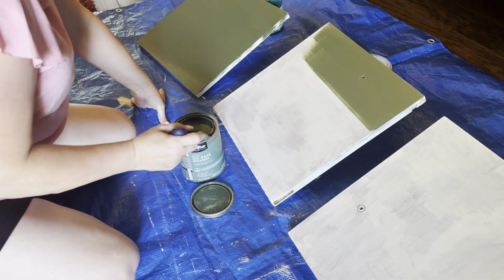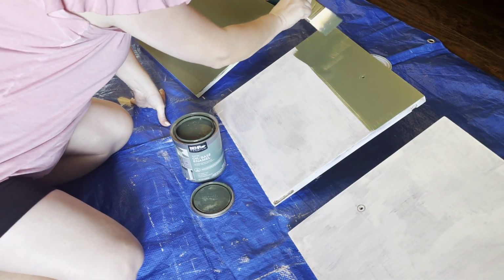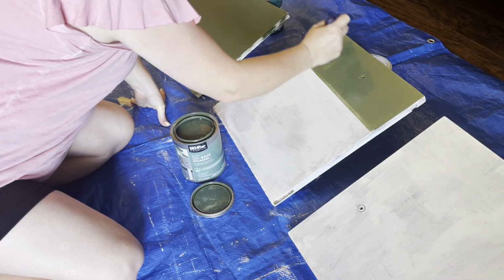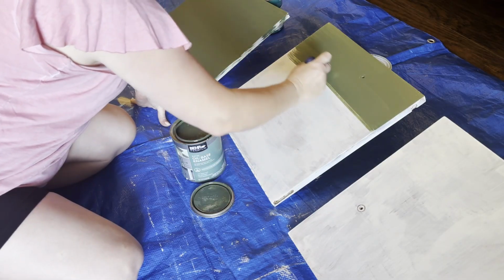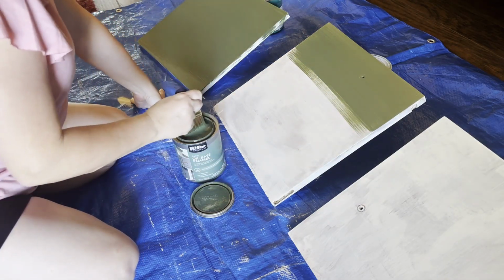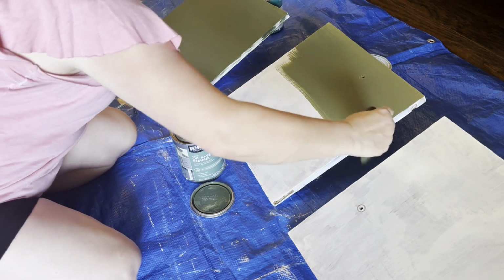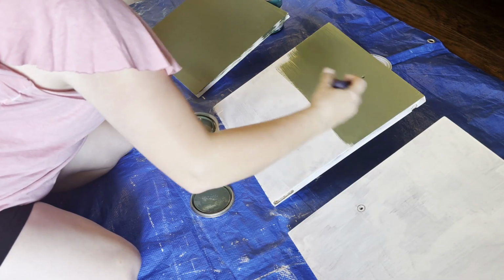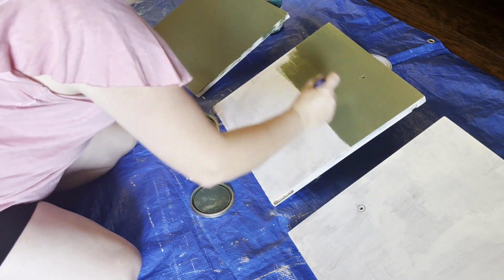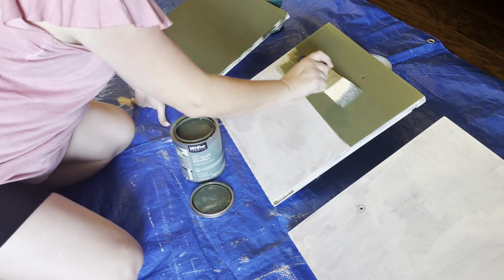This is not something you want to rush, because it will not turn out well. So if you're in a hurry, just don't sit down to do the project at that moment. Do it when you have some time, in order to be able to go back and re-stroke through the areas, because that is when you're going to get the best effect. As you can see, I'm going through, but it gets a little streaky, like I said,